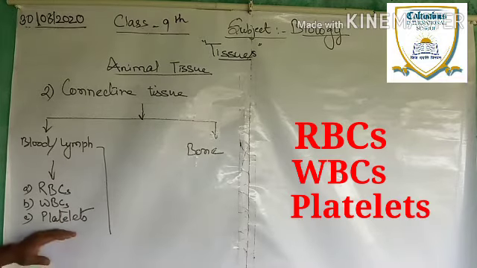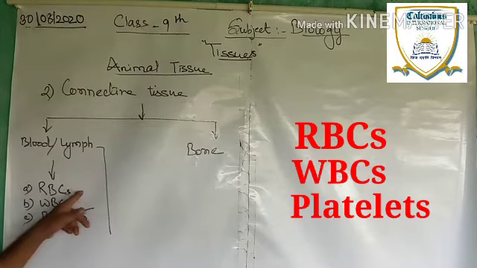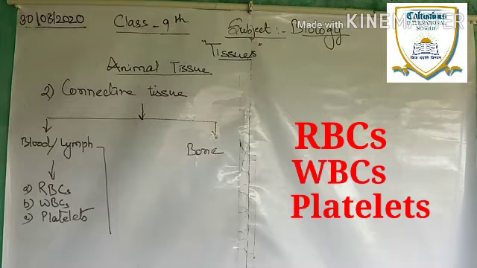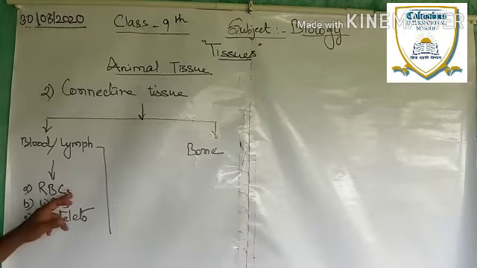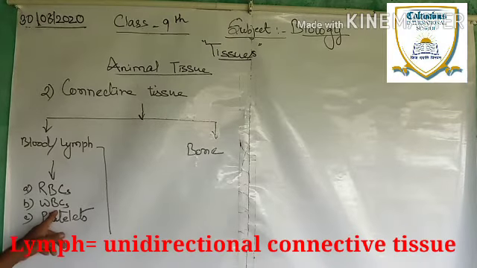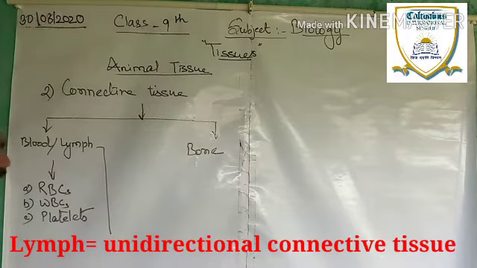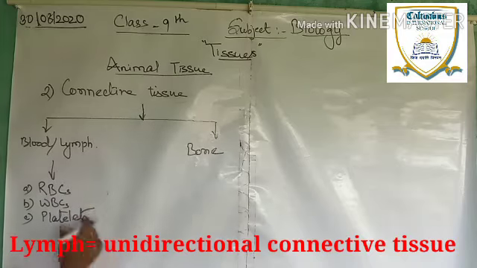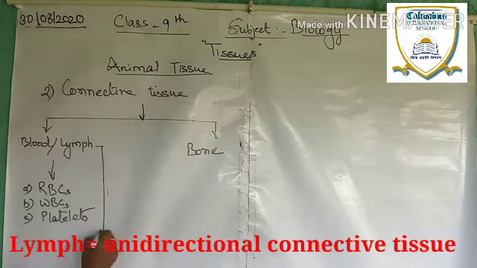Now RBCs are responsible for transportation of all types of substances within the body, whether they are useful or waste. WBCs are responsible for the disease fighting system, and that is called immunity. That means WBCs are responsible for the immunity of the body, and platelets are responsible for the process of blood clotting. Now the second type of fluid connective tissue, the lymph, is